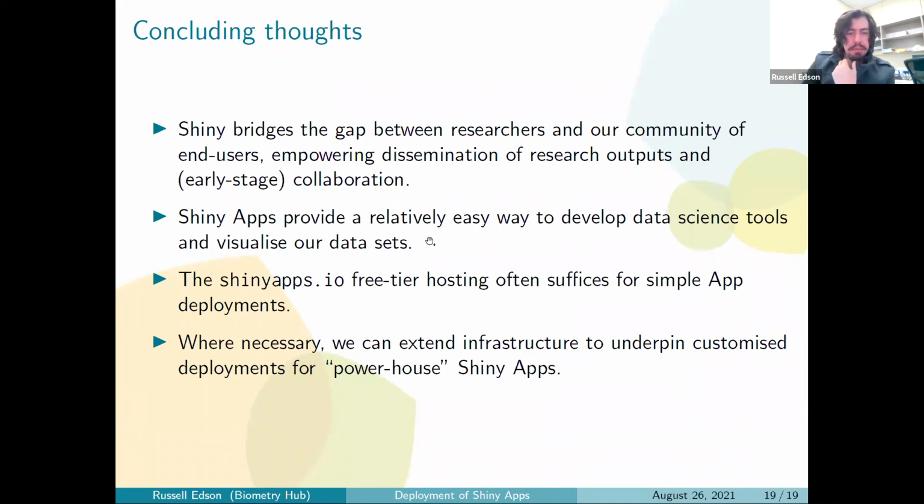So we saw that Shiny apps provide a relatively easy way to develop data science tools and visualization and, to some extent, automated reporting for our data sets, like all of the tasks we would want to be doing in data science and statistics. Shiny is an impressive package that allows us to wrap it up and share it. So the shinyapps.io free tier hosting, and arguably the paid tier as well, I would include here,